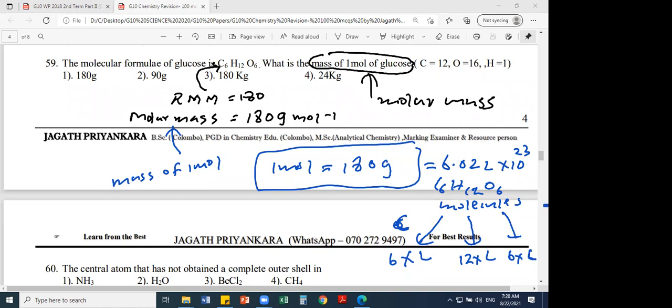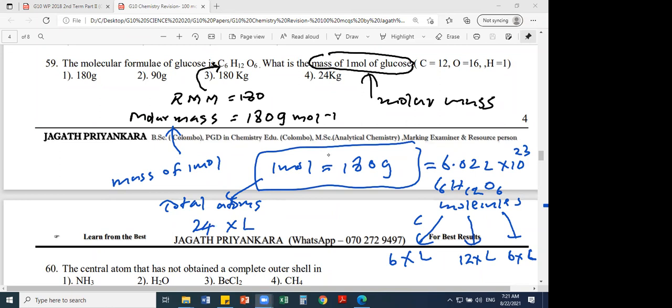That's how you get it. If you want to find total atoms, then what? 18 into Avogadro constant. Is that clear? If you want to find the total atoms in 1 mole of glucose, not atomic moles, atomic moles will be 18. How do we find total atoms? Total atomic moles is 24, so 24 into Avogadro constant. I don't write the numerical value, I'll write L, capital L, for the Avogadro constant. 24 into Avogadro constant. Is that clear?